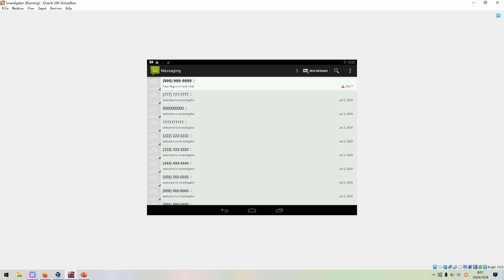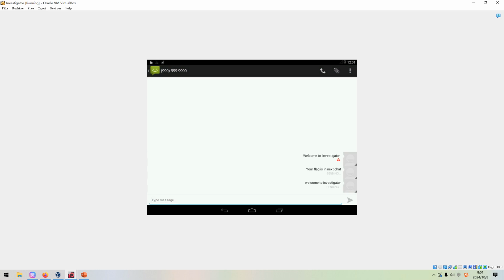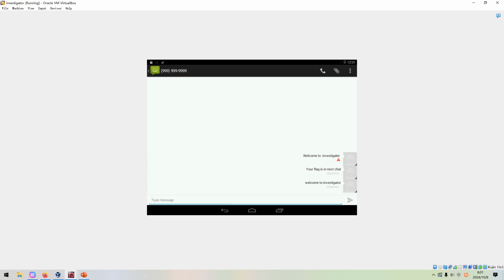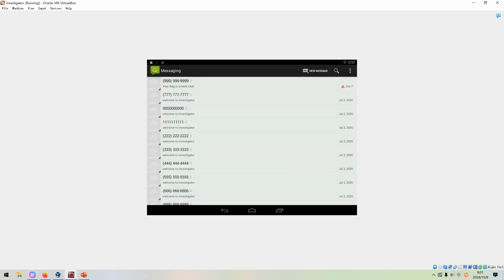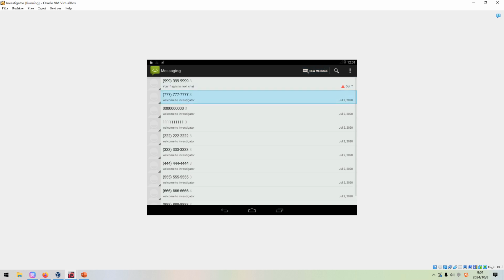As you can see, this Messenger app is unlocked. Next, as you can see over here, the first message says your flag is in the next chat. We can open it. It's not there, and then we need to go to the next chat. Not here. We need to go back, and then the next one.